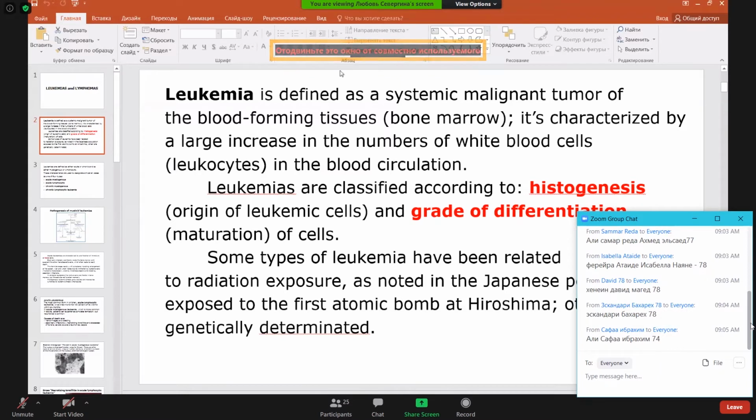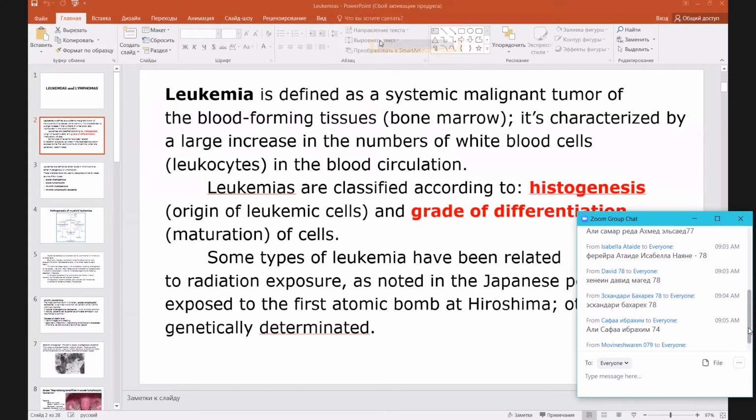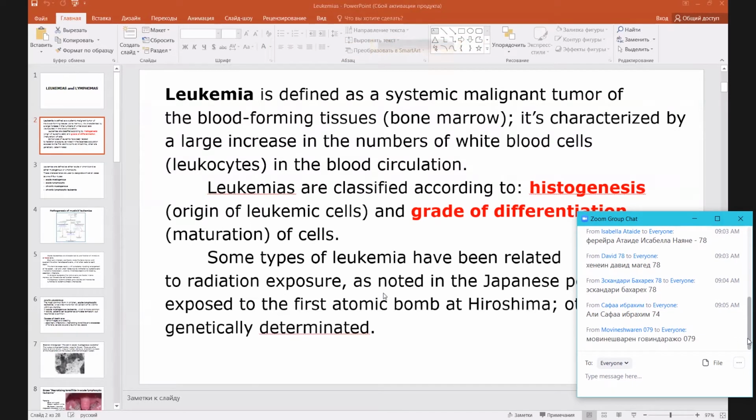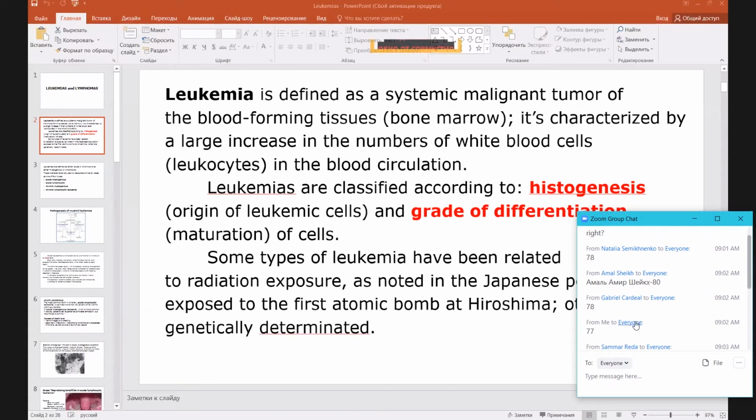One student is here, but unfortunately, I will try to allow. Okay. And the principles are the same,